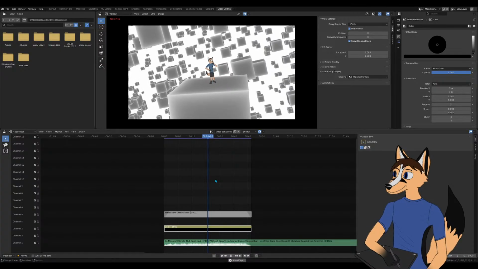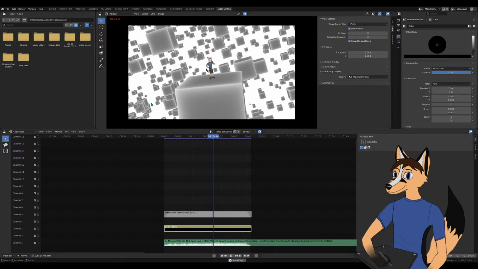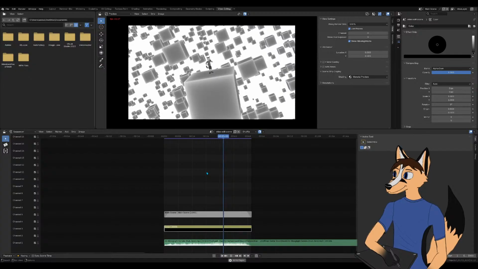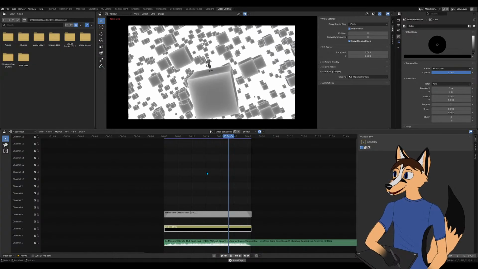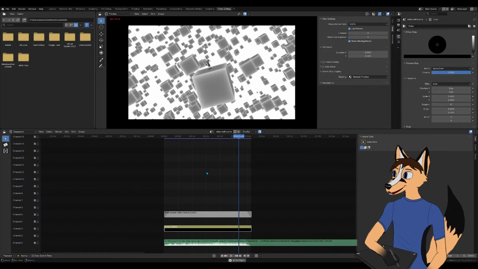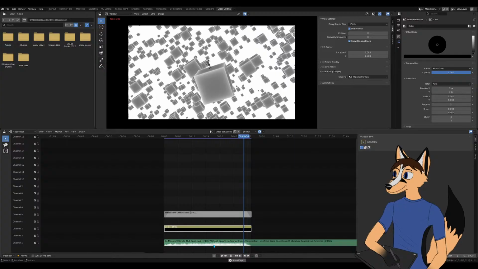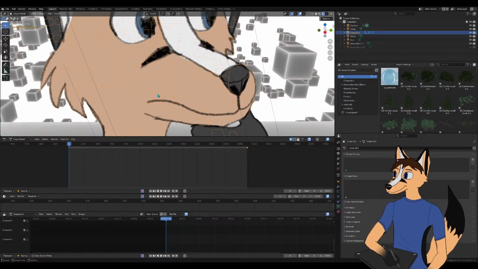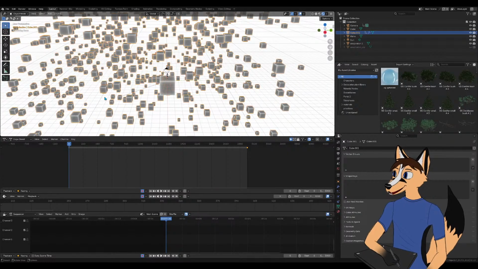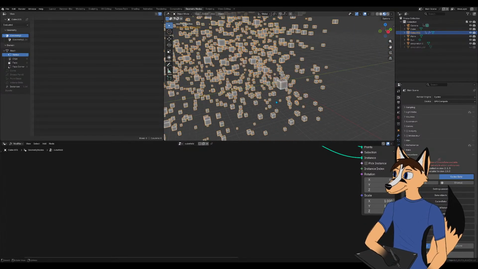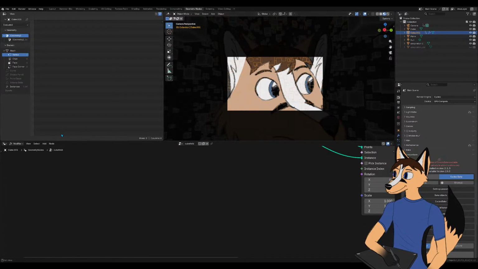Unfortunately, you can very clearly see the Z fighting on those cubes in the background there. So I'm going to have to go into the geometry nodes and tweak things a little bit just to prevent that from happening, if at all possible. None of the other cubes have that problem. It's literally just those. I almost wonder if I can just apply the geometry nodes or something and then just manually edit those specific cubes, but I'll just go into geometry nodes anyway and see if I can fix that at all. Let's see.